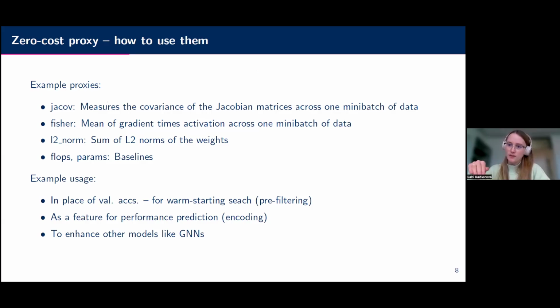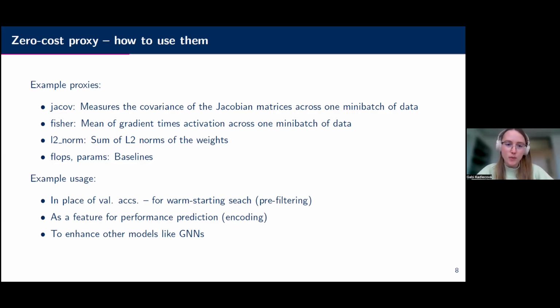So basically, the benchmark has the most common ones. In a few weeks, I think there should be a video of our tutorial with Jovita that we have on at the AutoML Forum about performance predictors and also zero-cost proxies. So if you want to know more details, you can look at it. Anyway, just a few examples here.